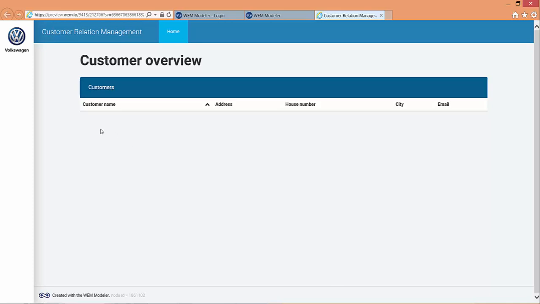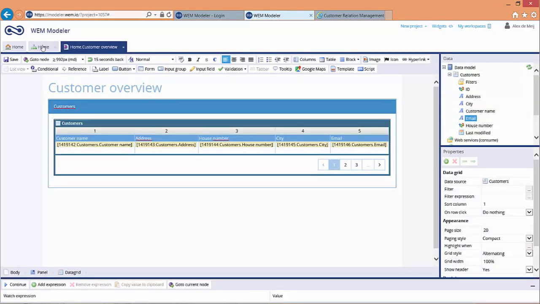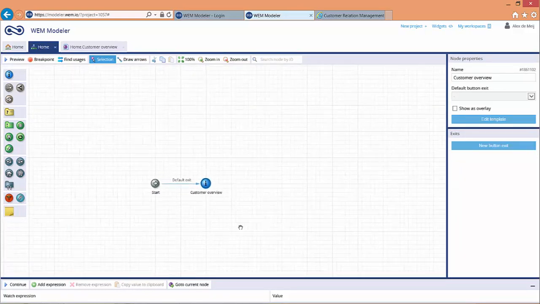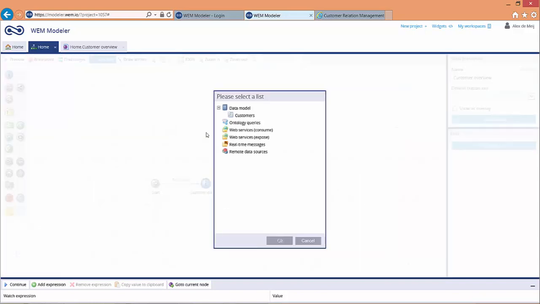So I want something like a button over there to have a new window in which I can enter the data. So I need something like a data entry form. I'm going to do this within my flowchart. So what I'm going to do is I'm going to have one of these nodes, and these green nodes are the data list node. So I'm going to drag and drop a green list node, and WAM automatically asks which list you want to use. I want to use the customers list. So double click it,